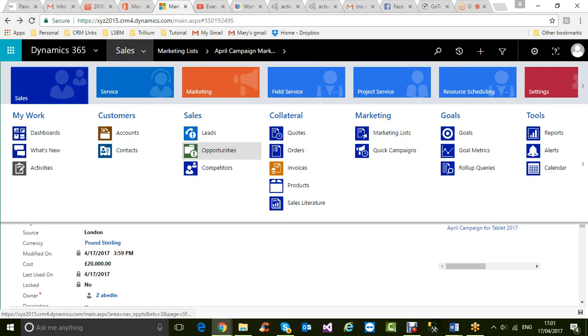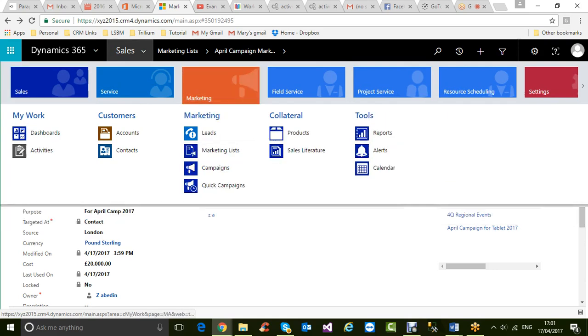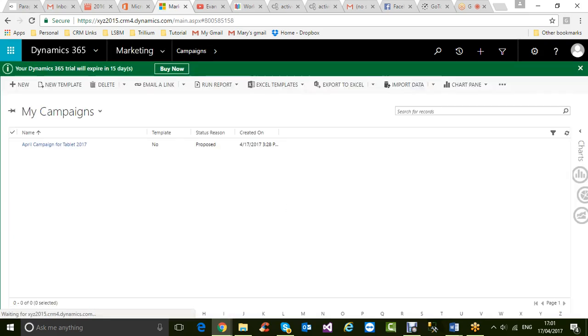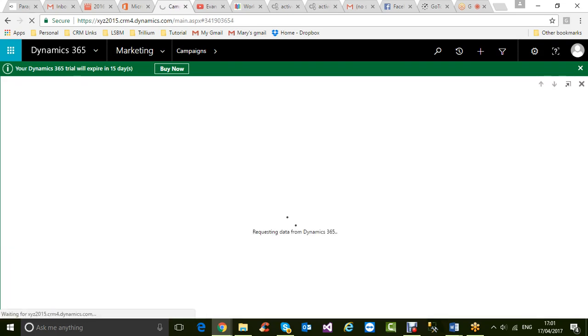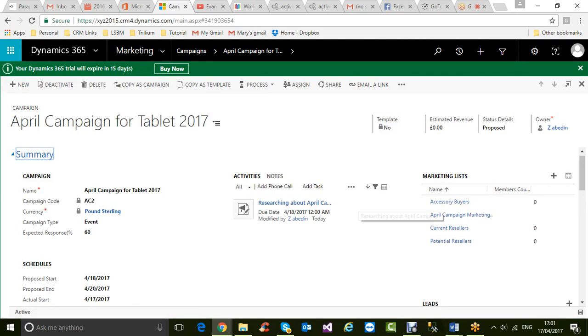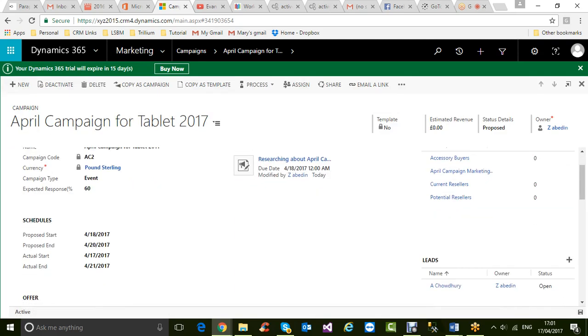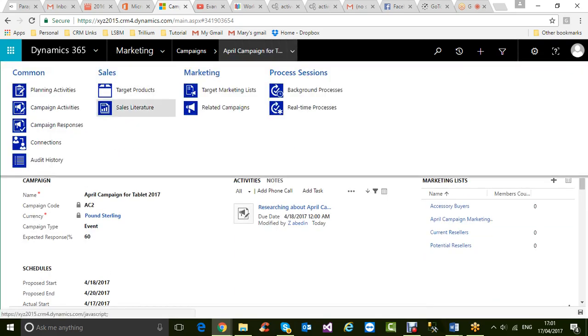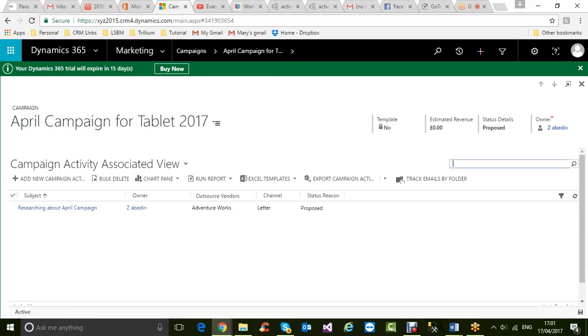So for example, if I go to campaign, where is my marketing, and then if I go to campaign, if I open any one of them, I should have some activities. Okay, and I can also come to campaign activities here as well. We have added, remember, one activity, researching about April campaign. So if you click that activity,